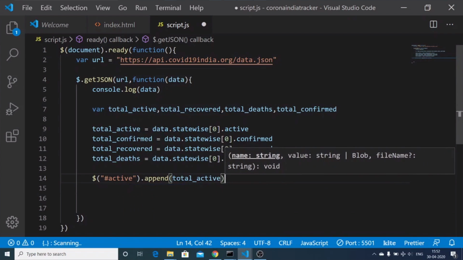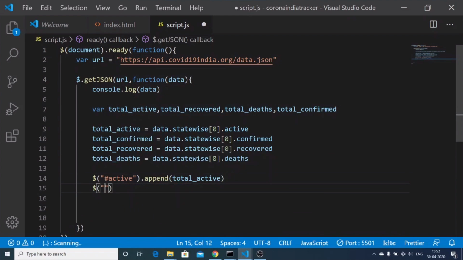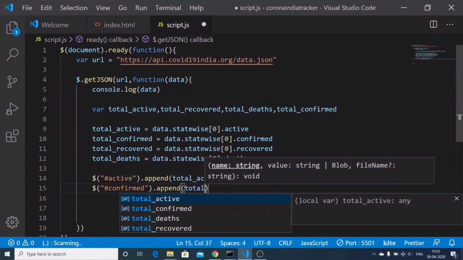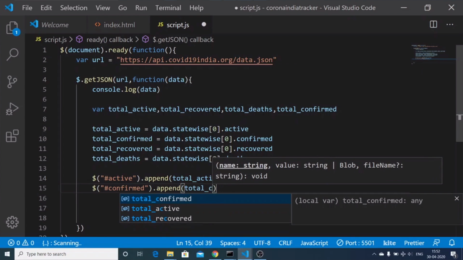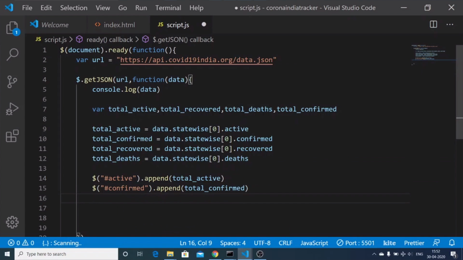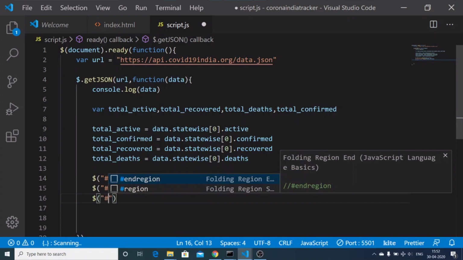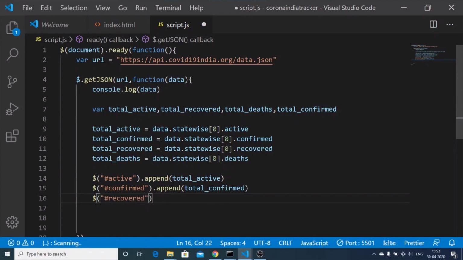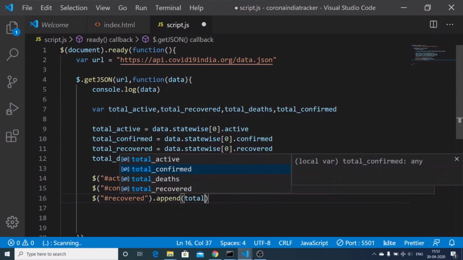total active, and similarly we can target the confirmed as well, confirmed dot append, and then we can just pass total confirmed, and similarly we can target the recovered as well, so recovered, total recovered.